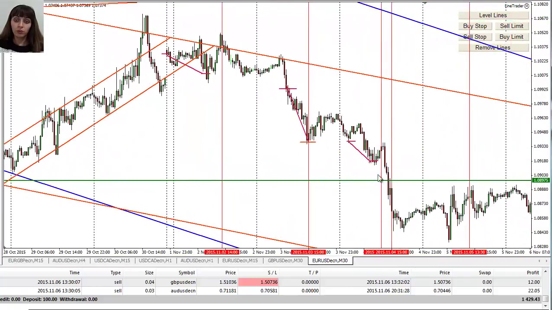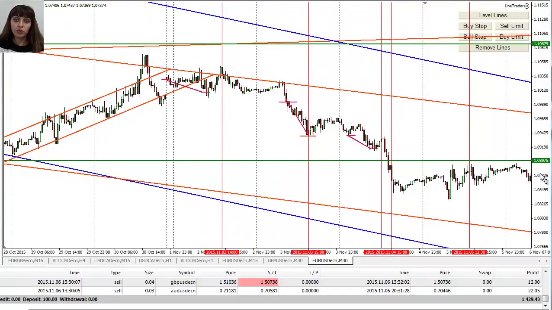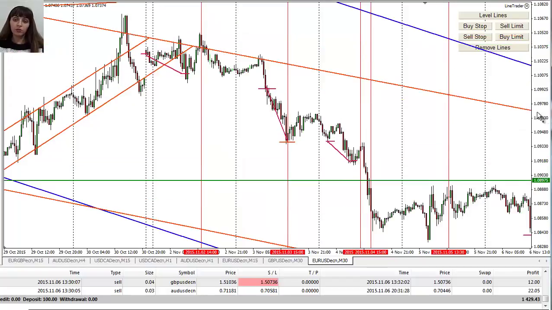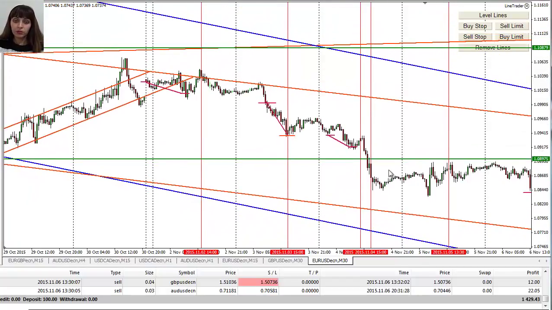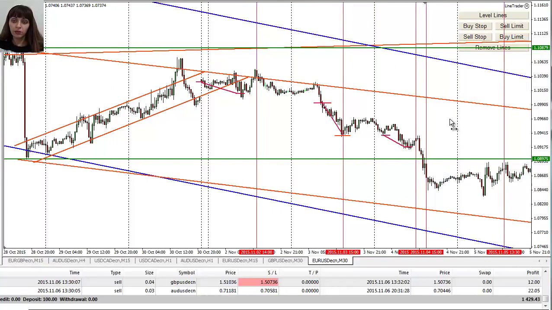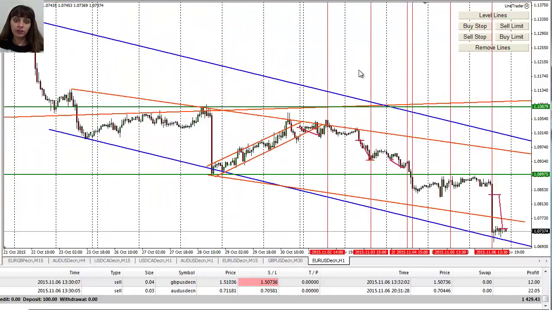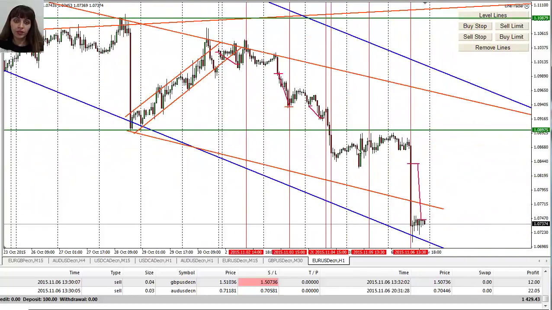Which is also here, as you can see, it broke that level, which was the minimum of the previous week, which I could also put some orders here, but as I said, because it was before the main news, it was a bit risky, and that's why I didn't do it like here. So I decided just to avoid, except with this one it still could have been, you see, it's now like 50 pips movement from that level, and the news. But I decided not to risk it, and because there is nothing created here really, no any other channels or anything around this area, so I didn't go into the trade. But that's all about the euros. You can see the examples and the main rules of trading, day trading.